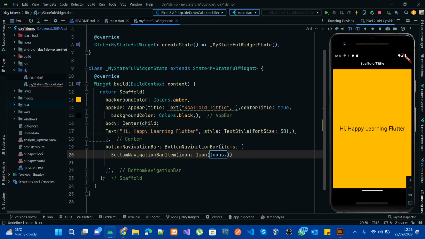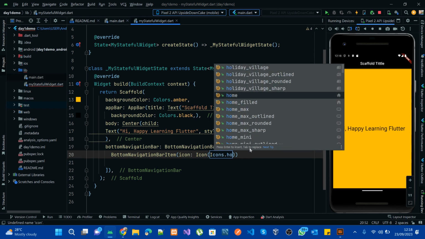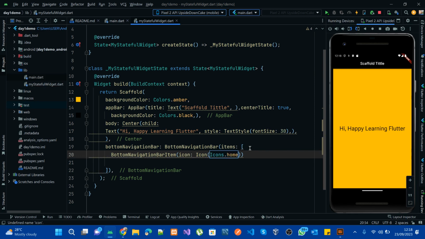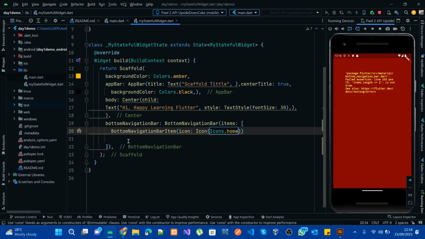Icons dot home. Let's place home. Okay, see, so one beautiful thing about Flutter is that Flutter already has all these icon designs for you. So it's just for you to integrate it and then just use it, right? Even with one, we can see that we cannot even have just one